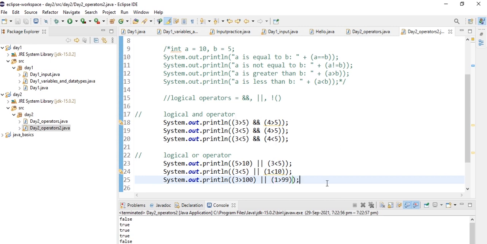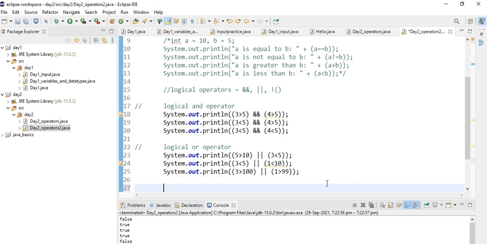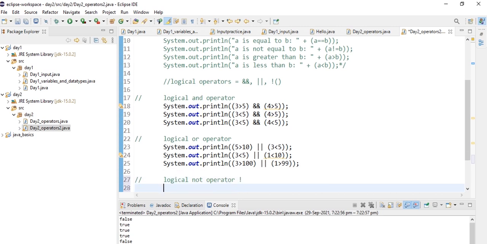So now let's discuss the logical NOT operator. The NOT is represented by this symbol, and now we are printing something to the screen, that is NOT 10 equal to 20.